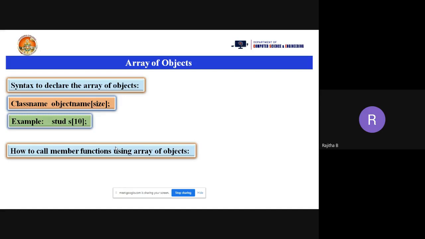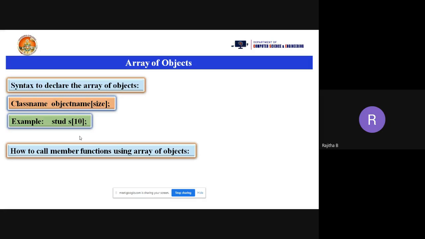So maintain the notes and write down the points into the notes, so then you can remember all the points. Okay. Now, how to call the member function? Using object name dot member function name.